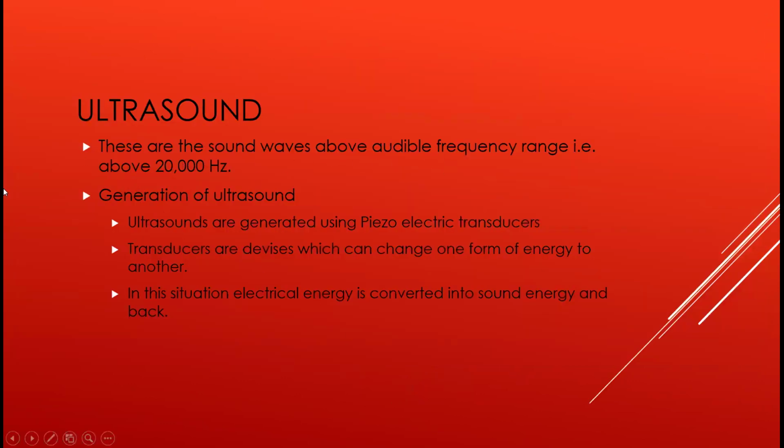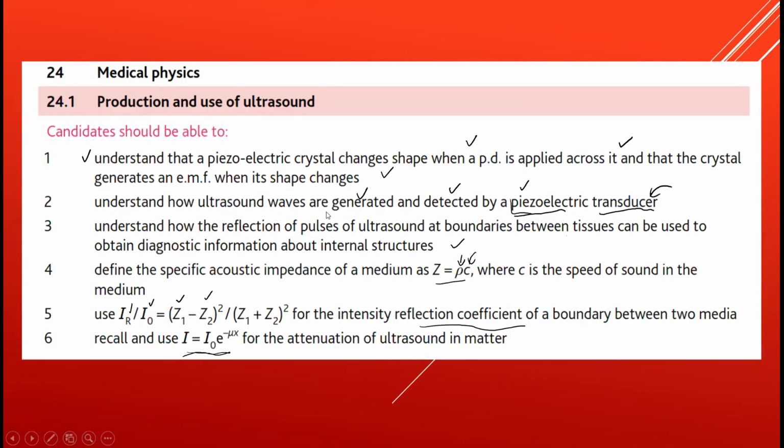Ultrasounds are waves which have a frequency greater than 20,000 hertz. How are ultrasounds generated? For that, piezoelectric crystals are used, which are both generator and receiver as well. As mentioned in the syllabus, they are transducers which generate the ultrasound and are also used as a detector. So let's go to the structure of